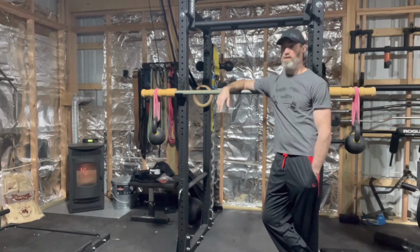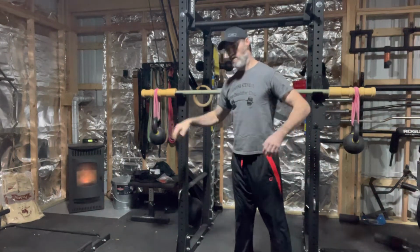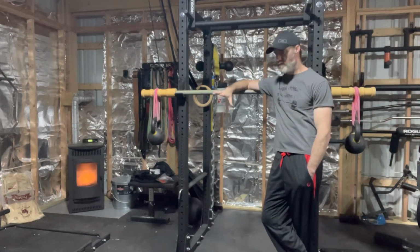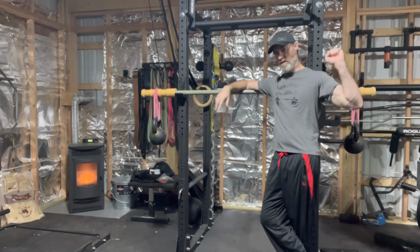Bent over rows are awesome with it, because you can actually pull straight up, and just as these are bouncing, you can feel it go straight through the lats. You're getting your core working on it. The overhead press though, you get so much control through this, and as you're going up, you're going to feel